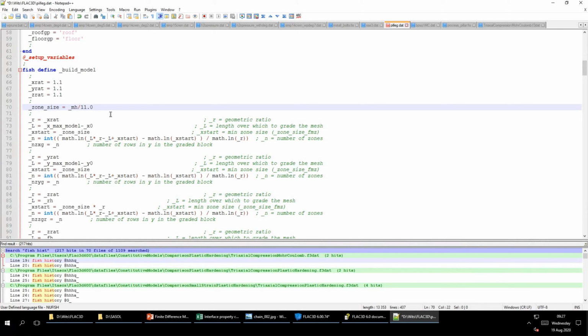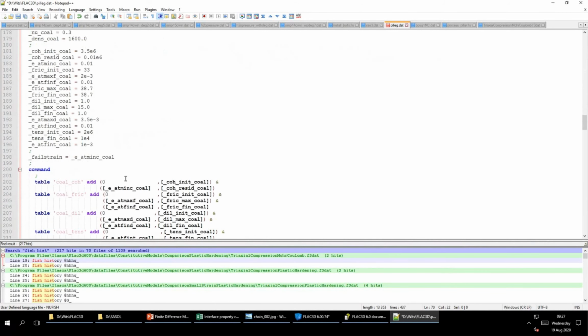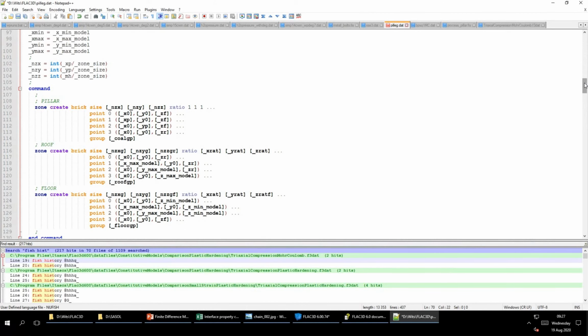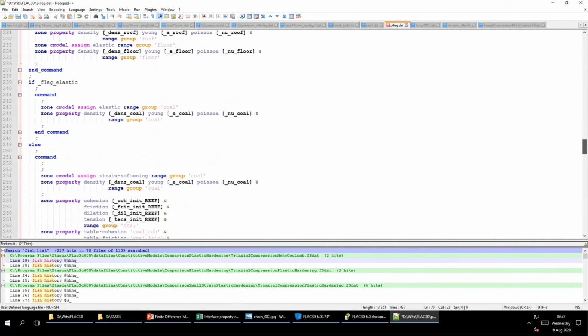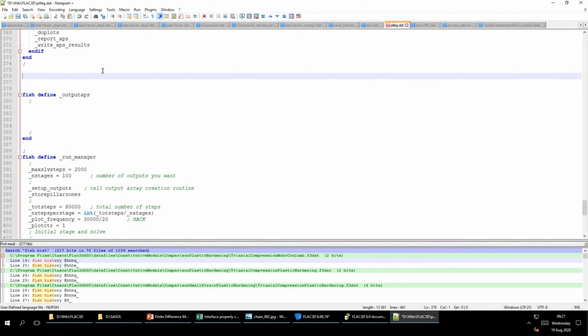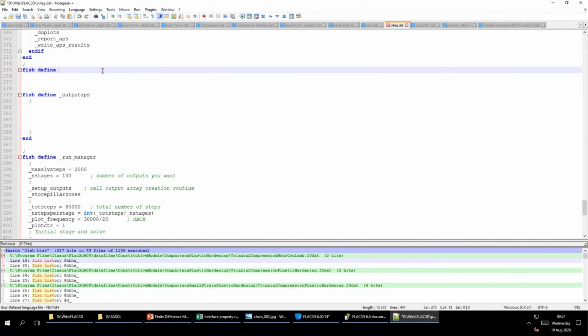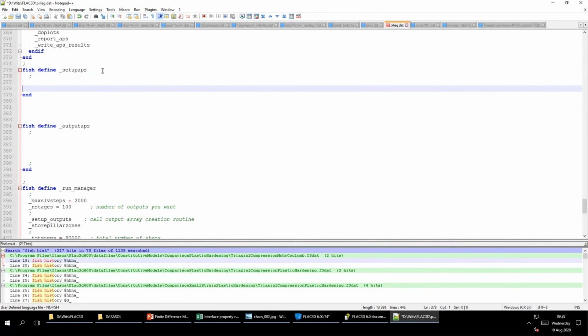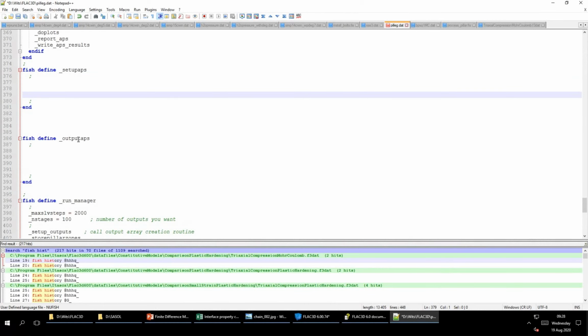Zone size will be the mining height over 11. Now I'll have a central zone. Now this APS routine needs to know where to look, and I can actually do this in a number of ways. In fact, what I'm going to do is define fish setup APS end, because again I don't want to, this output APS is basically